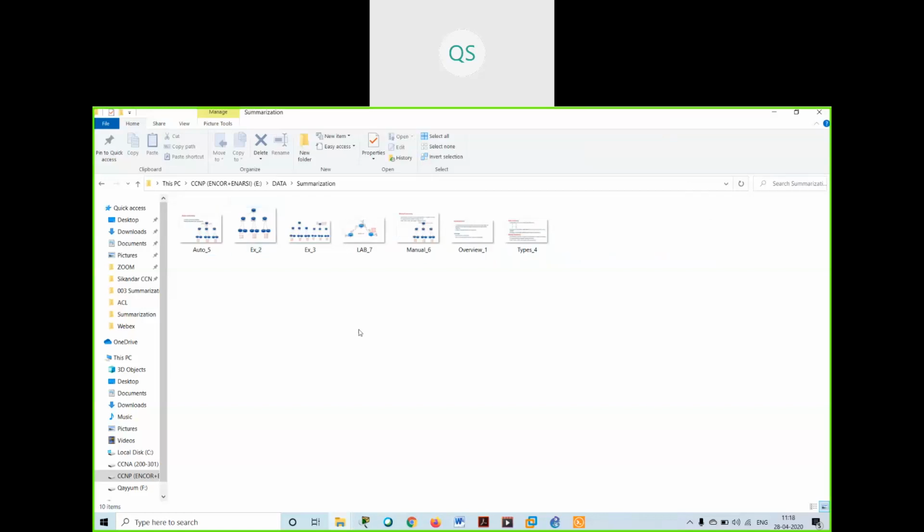So now, today we will be studying something. You can see the concept of summarization. What is summarization? What do you mean by summarization?